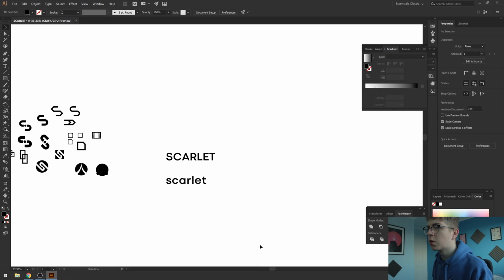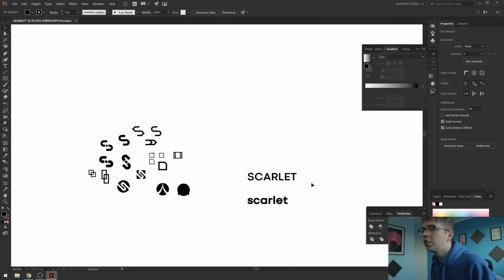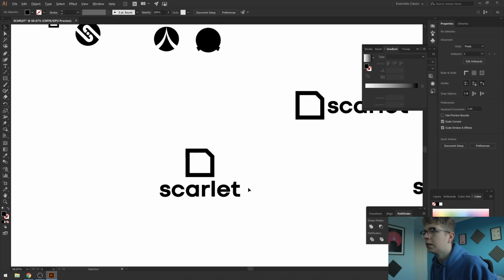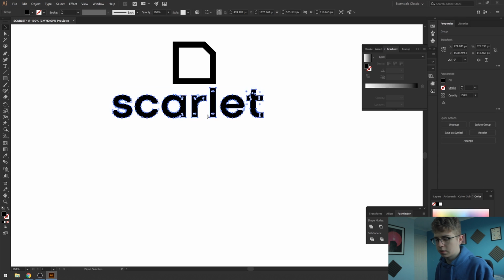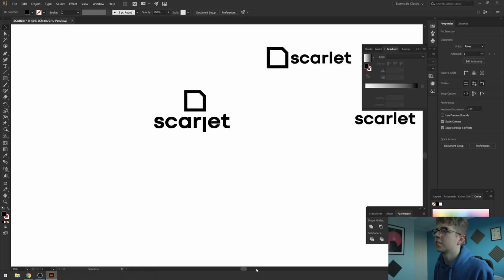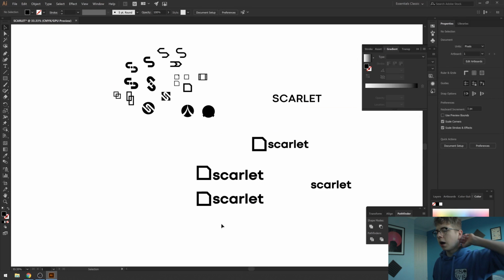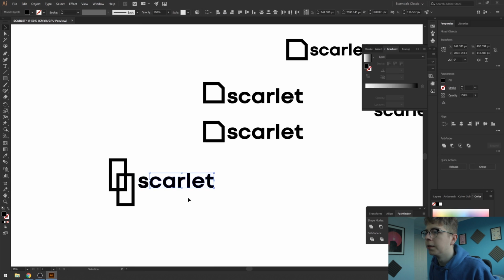I think doing some colours as well would be a good thing. Jesus Christ, my PC really needs to slow down. Okay, we've got half an hour. Try and do some weird stuff with the type maybe. That just looks like Scarlet, and that's not what we want. I do like that though. Definitely, I do like that. That could be something to. That looks like it could be a